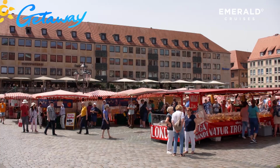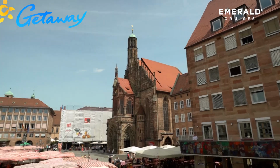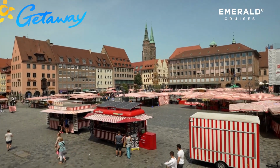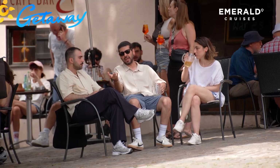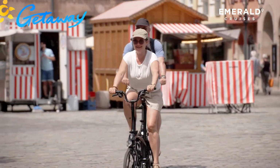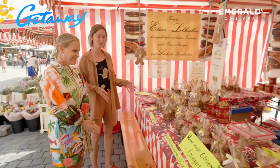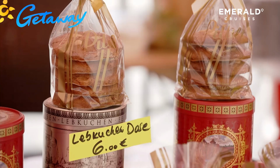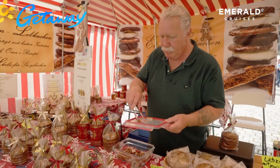Just as it's been since ancient times, the main market square remains the heart of the city, famed for its Christmas markets in winter and home to other local specialties all year round. And this is something we are really proud of, Nürnberger Lebkuchen, gingerbreads. The reason why Nuremberg became the capital of gingerbreads, of Lebkuchen, is the fact